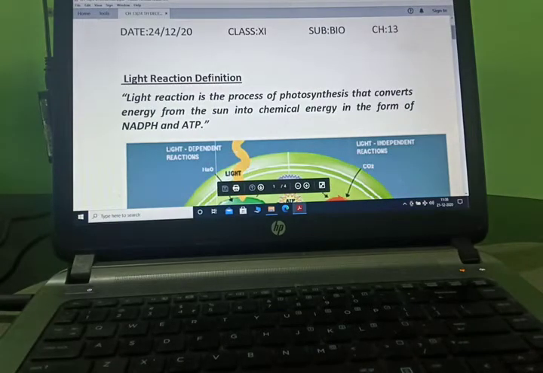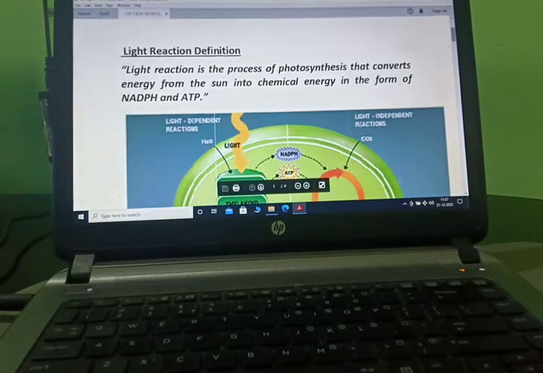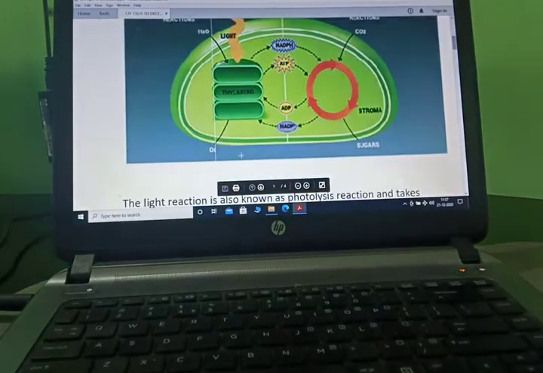Light reaction is the process of photosynthesis that converts energy from the sun into chemical energy in the form of NADPH, nicotinamide adenine dinucleotide phosphate hydrogen, and ATP, that is adenosine triphosphate. Now we will see,